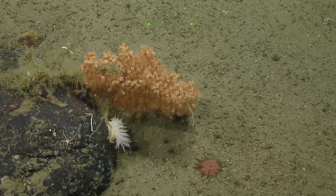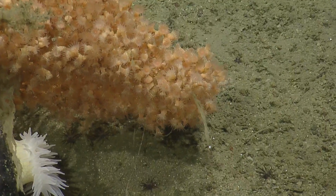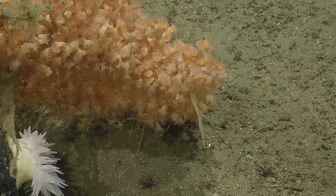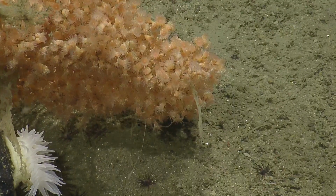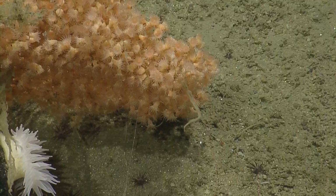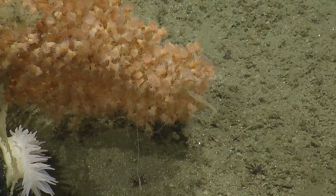I can zoom right in if you want. So that's zoanthids taking over a coral, is it? Not sure what I'm looking at. Yeah, I think so, yes. They're on a skeleton. Roger. Okay, you want to zoom out? I'll move to the stalk there of the...